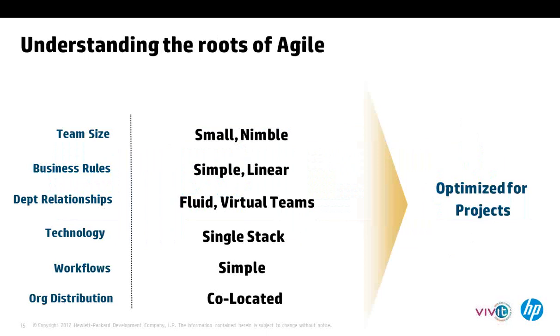So as we begin talking about this collaboration and the visibility and insight, let me just go back and discuss quickly about how Agile really started. The roots of Agile really are in small startups, in small project teams who wanted to achieve results really quickly. So they set up small, nimble teams, typically co-located, and they would typically be working on a single stack, maybe building an e-commerce or a web portal. They were simple workflows, small teams, which really made it easy for people to adopt agile methodologies and release quickly.